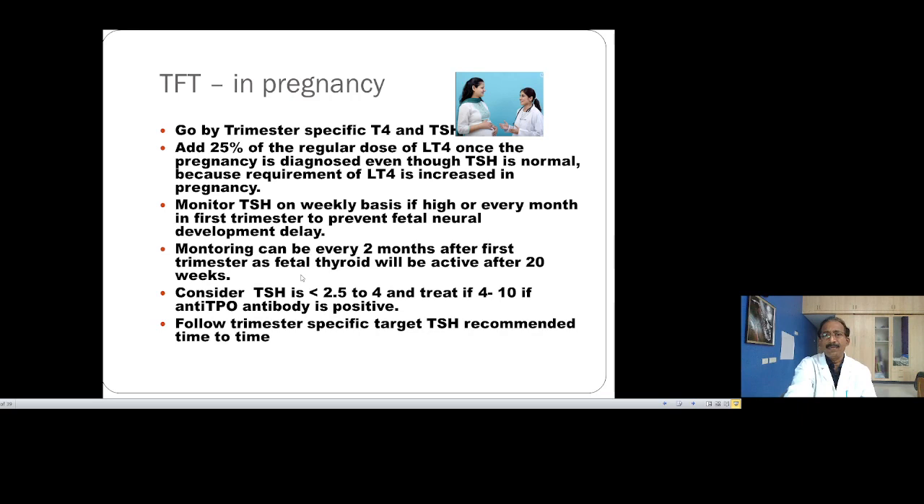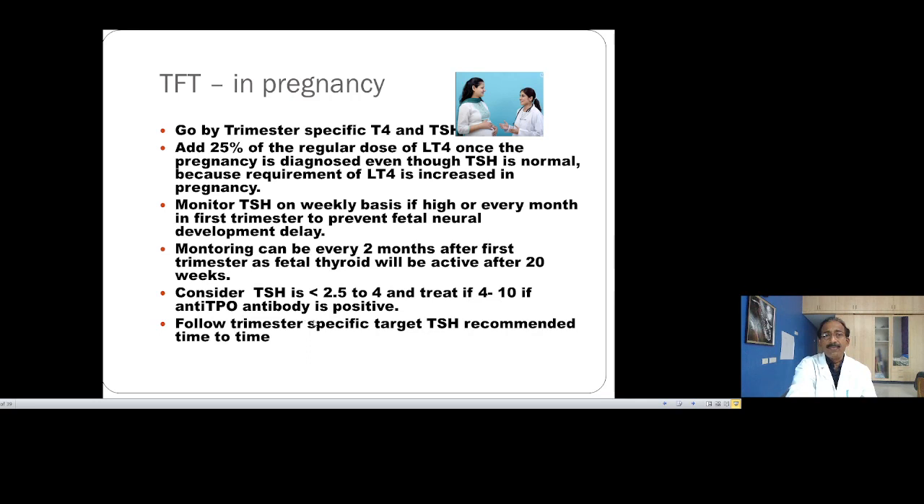So after 20 weeks or so, the fetal thyroid gets mature and it can produce its own thyroxine. And try to target between 2.5 to 4 in pregnancy, in the first, second, and third trimester. But you should absolutely treat if it's more than 4 to 10. There's a norm here. Sometimes it keeps changing, and we'll have to see the current trend at that point of